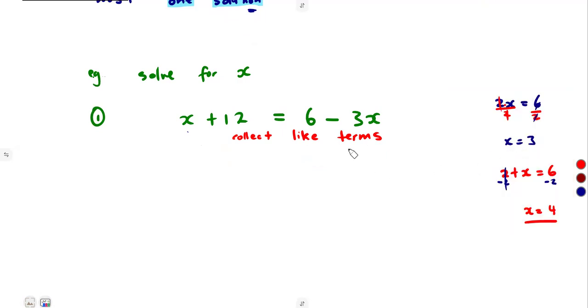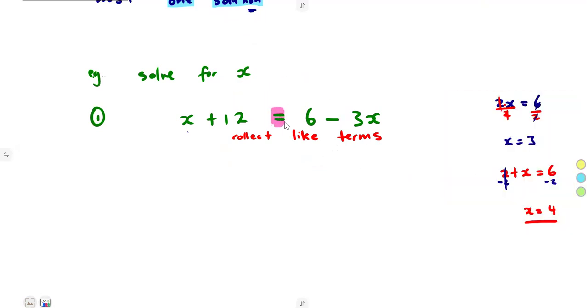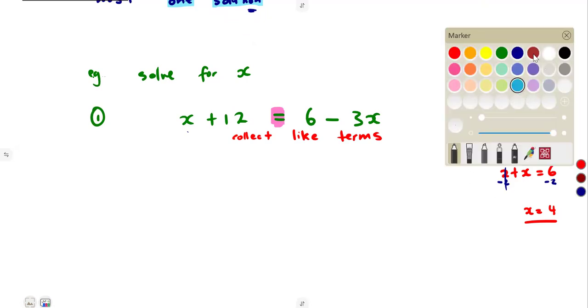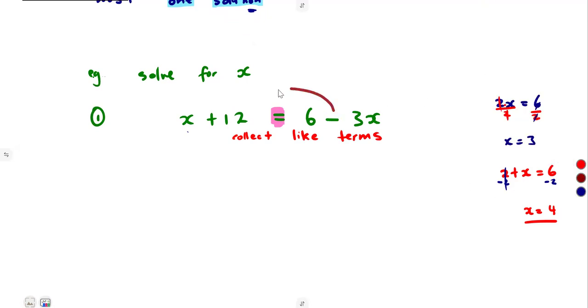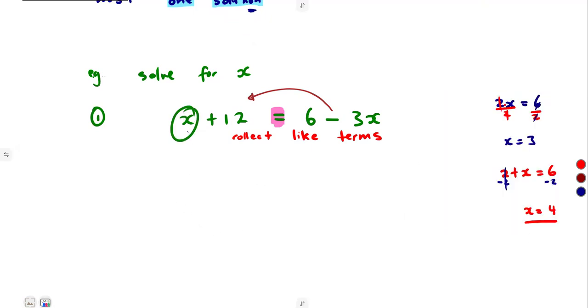Also, those basics from our grade 8 mathematics: if a term crosses or jumps the equal sign, it changes the sign. So you must be very careful. The equal sign is here, so whatever is on the right hand side, the moment it goes to the left hand side, it changes the sign. We're going to take the minus 3x to the left side. Already we are having x there, so it will be x. The moment it crosses the equal sign, it becomes